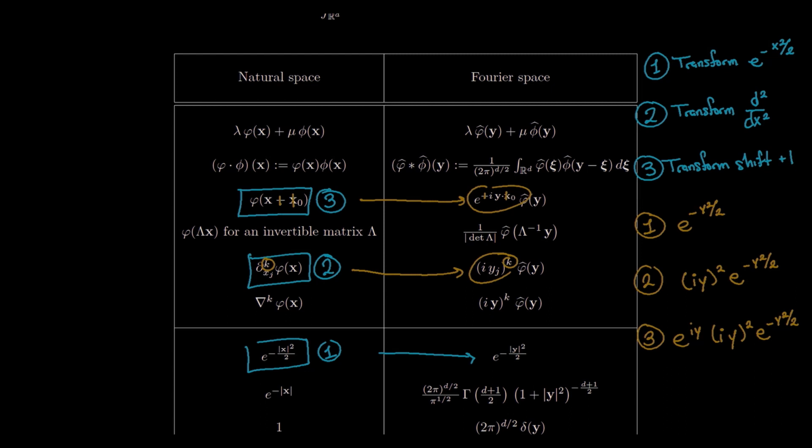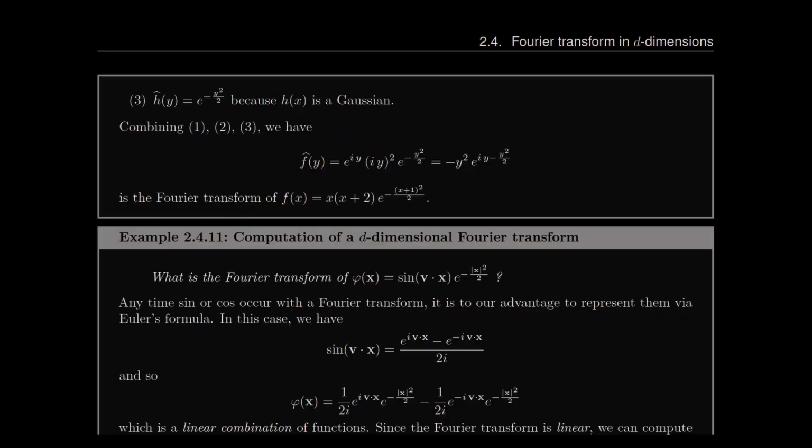And if I wanted to simplify that, I could a little bit. i squared is -1, y squared is y squared, and my exponential rules tell me that this is e to the iy minus y squared over 2. And so this, what we've just discovered, is the Fourier transform of the original function that I was trying to transform. Okay, then moving on to a d-dimensional Fourier transform,